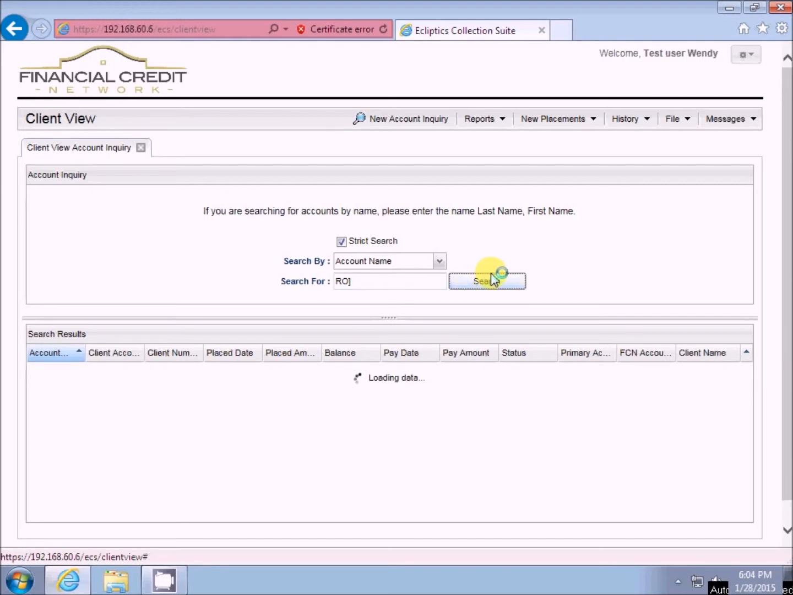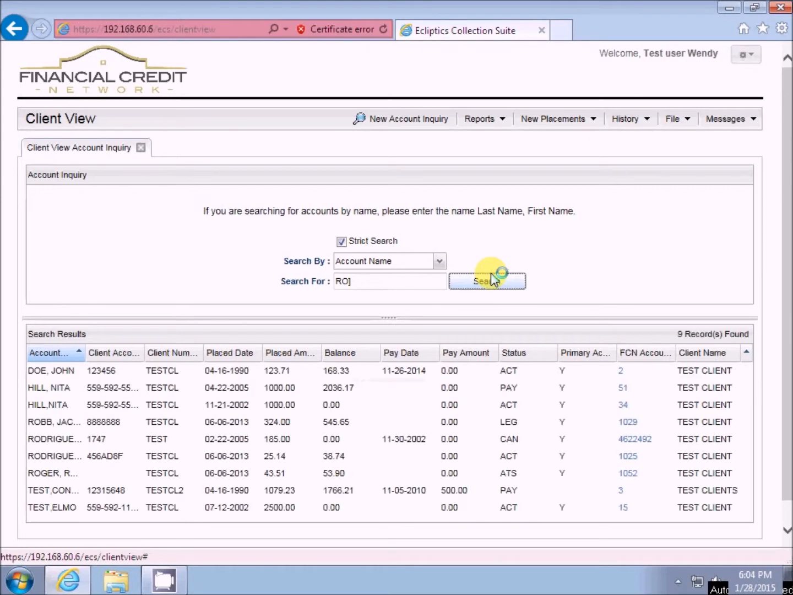Give it a minute. And it's going to pull up some data for you here. So you will be able to look that way if you only remember a few numbers that were in the account number, or you know that the last name started with an R. Not the best search, but it still will get you some information